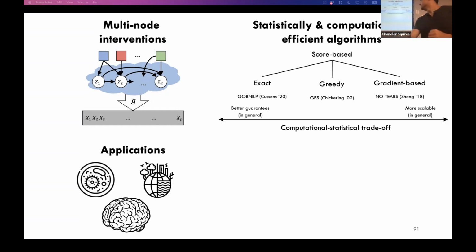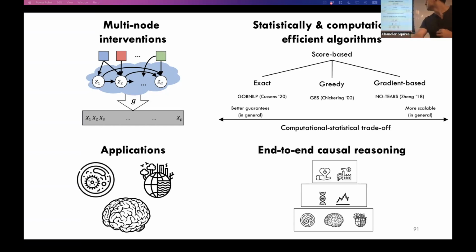Finally, I'm interested in really applying this and seeing where the theory needs to go to make this useful. And finally, end-to-end causal reasoning. I think these causal inference, causal structure learning, and causal representation learning problems are often considered separately. You learn a causal structure and you hand it off to people who have algorithms that assume you know the causal structure. That breaks down because you are violating their assumptions by giving them this estimated structure, and really carrying the statistical, computational, all of that analysis through to get the best results from the data, I think requires a lot of new work